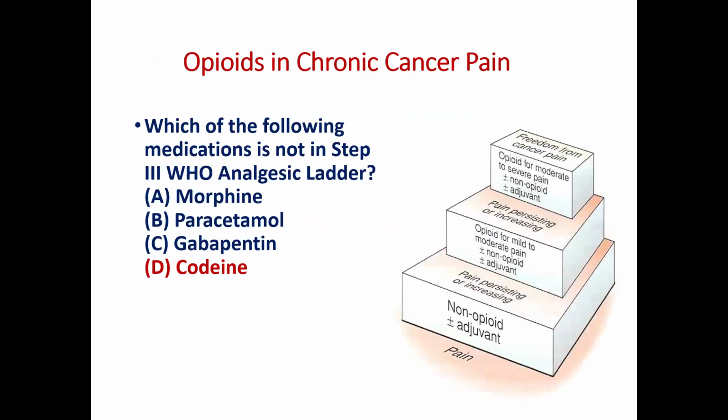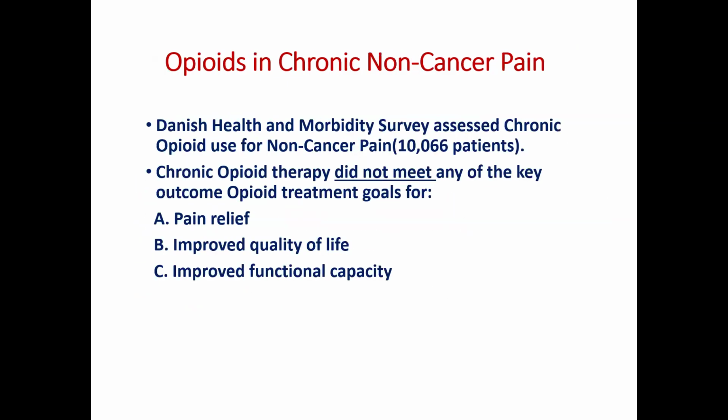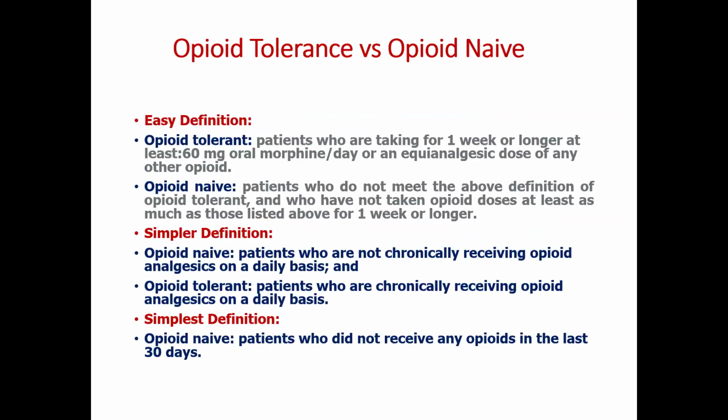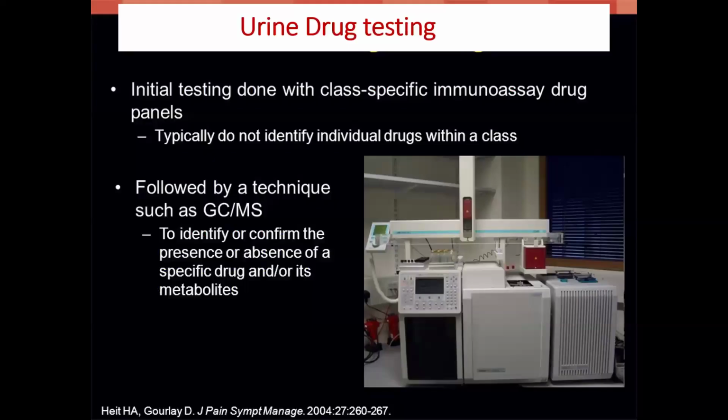The other thing is, I want to say that there is no role for opioids in the long term for non-cancer pain. Again, I always emphasize what's opioid tolerant versus opioid naive. Urine drug testing, we'll keep it for the